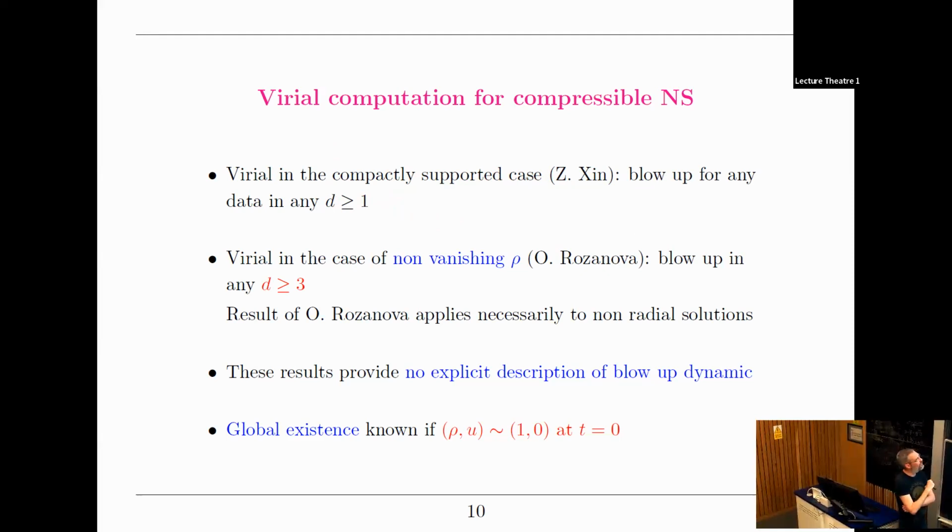Okay, so we will not be in this case, because, well, first of all, the main thing is that we want to apply to NLS. So if you want the hydrodynamical formulation to make sense, you don't want rho to vanish. In any case, the vanishing of rho creates some extra difficulties. So here we really want to be in the non-vanishing case.